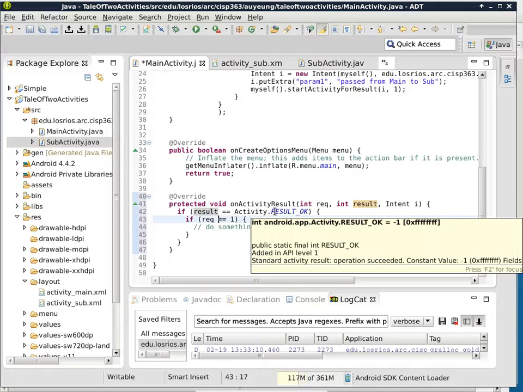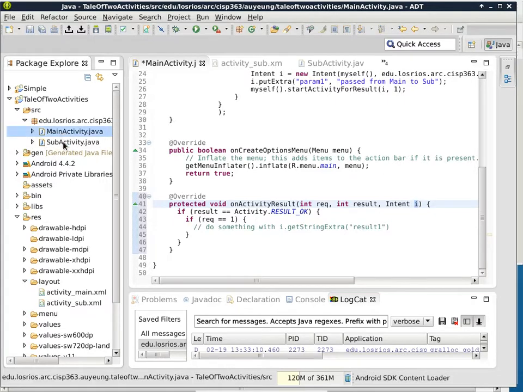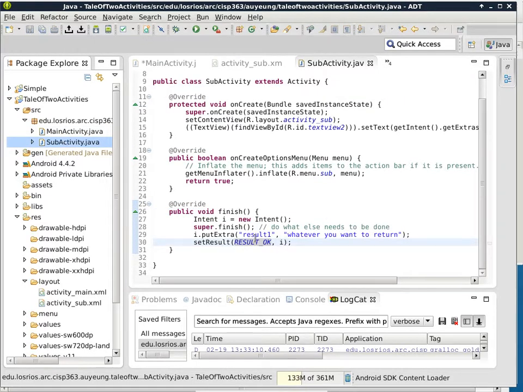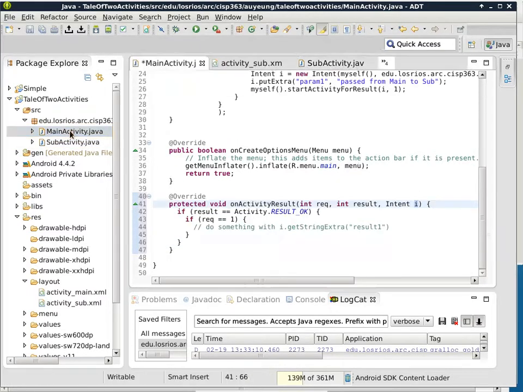So that's why there are two integers as a part of the parameters. The third one, which is the intent, is the one that carries the extra information. In other words, the end result, you can pass anything through the intent. And if we go back to sub-activity, we are passing back, in the extra portion, result 1 here. So in main activity,